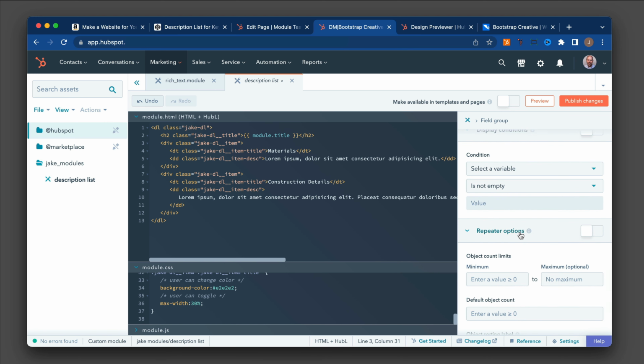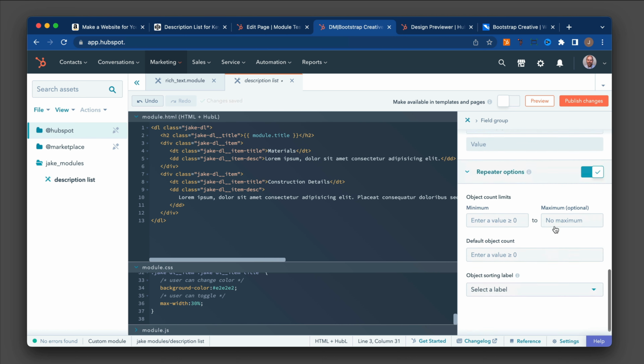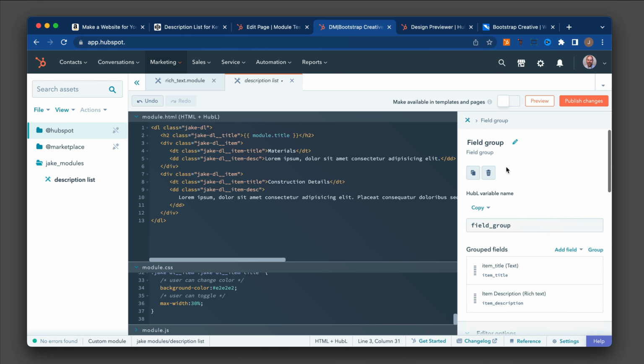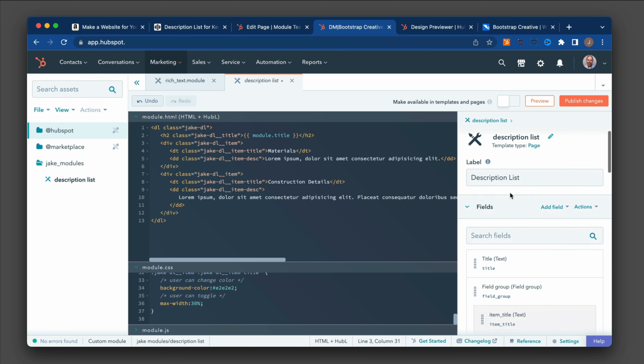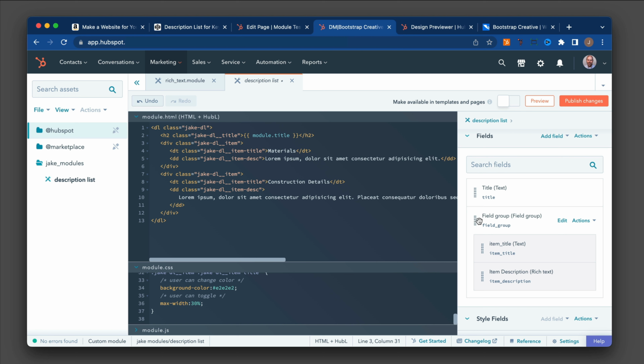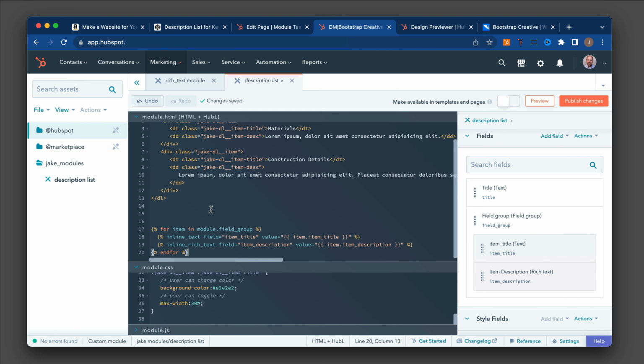And then where it says repeater option, I'm going to check this box. This will give the user the ability to add multiple items if they have them. And click back here. In order to get this populated here, we're going to click on this actions panel and do copy snippet. I usually paste it below my code just to visualize what's going on here.